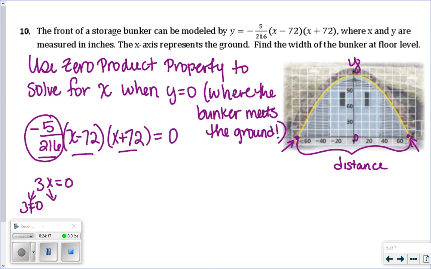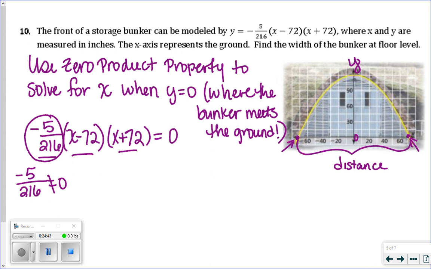If a factor, like in this example, negative 5 over 216, is just a constant, then you could set it up, and you're going to see how silly. It's like, oh, okay, well, let's try this one. That might mean this is 0, and then we'll be like, oh, wait, but no, it's not 0. That doesn't work. It's just a number. So if it's just a number, and you know it doesn't equal 0, then you don't have to worry about it as far as your solution. That's not going to be a factor that will ever make this